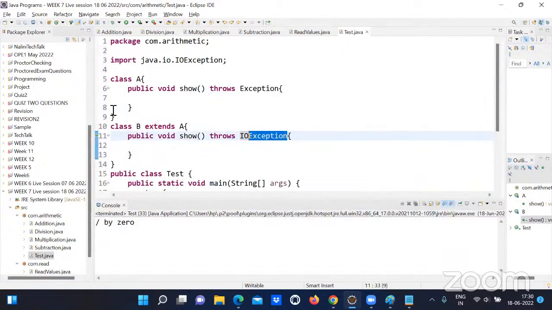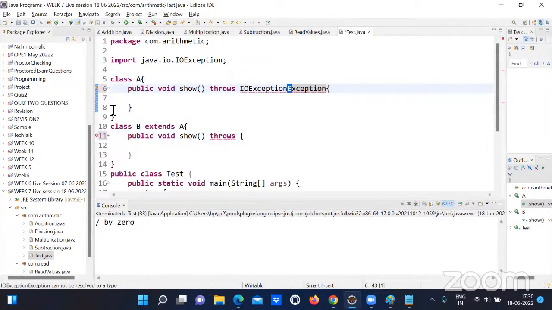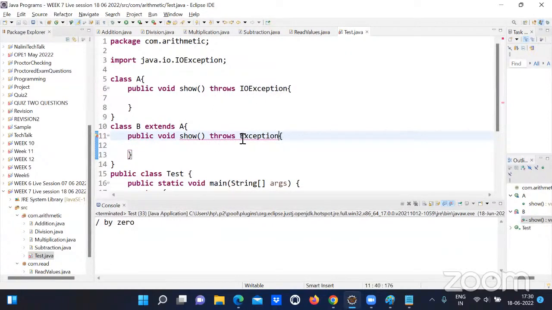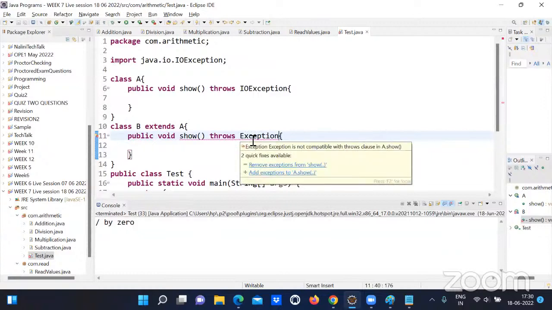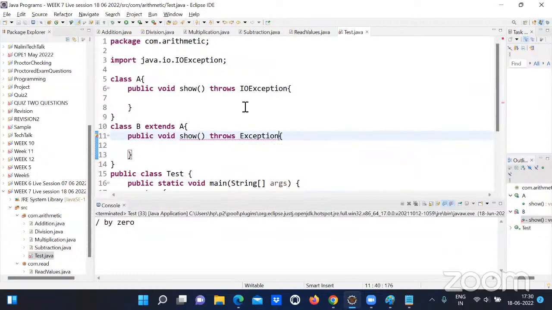But the reverse is not possible. Suppose in your superclass you are declaring this method by throwing IOException, and you want to write like this in the subclass. Now it will give an error. So while overriding,